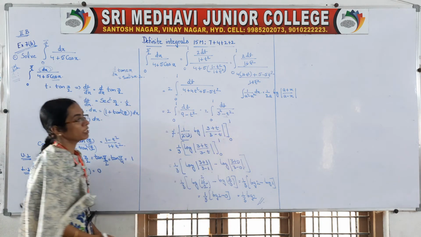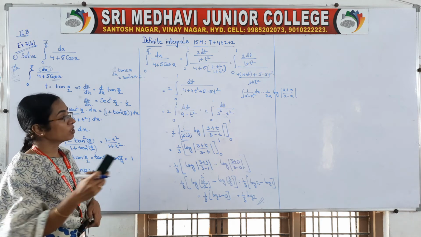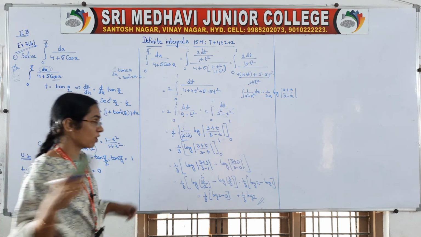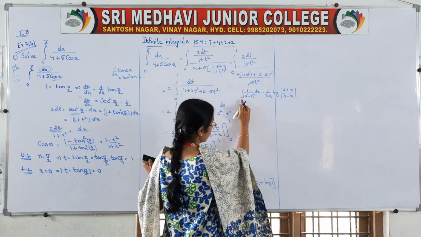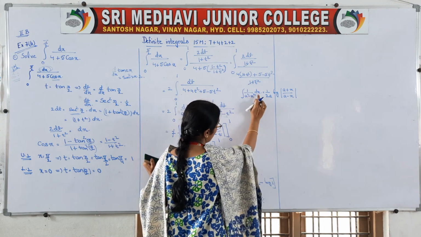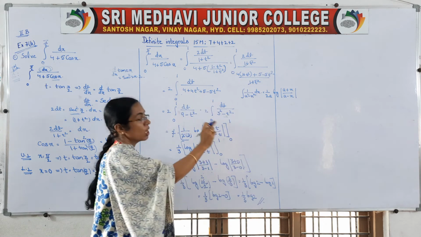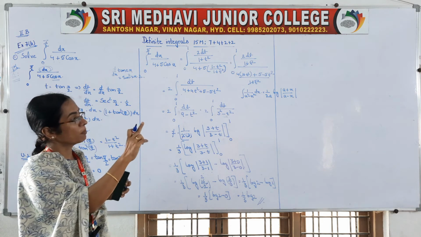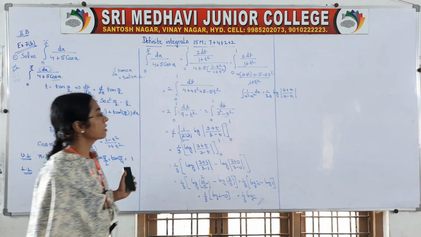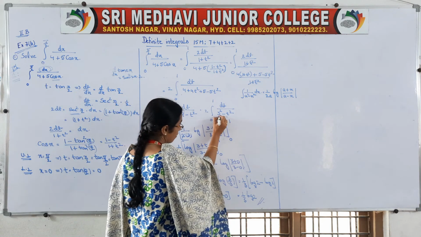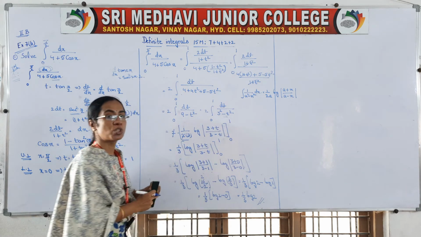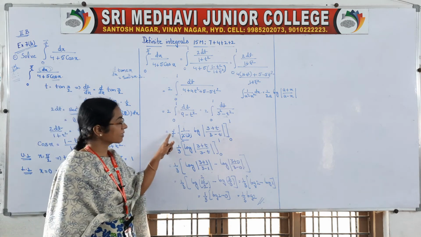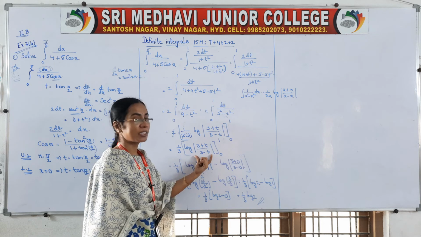See, your problem is in terms of t, and also it is in a standard formula form. What is that standard formula form? Integral of 1 by root of a square minus x square dx is equal to 1 by 2a into log of a plus x by a minus x. So in place of a you are having 3. So substitute it and cancel. So now you got this one.